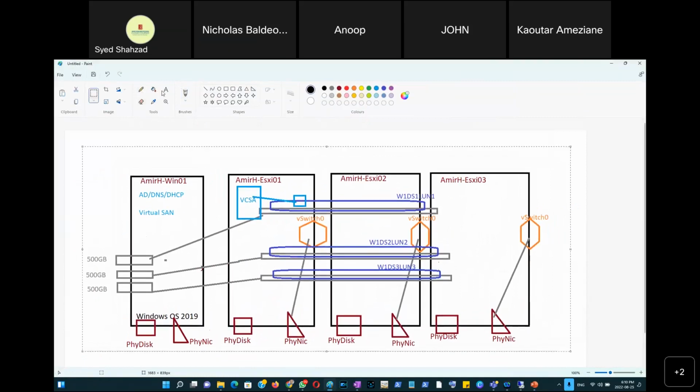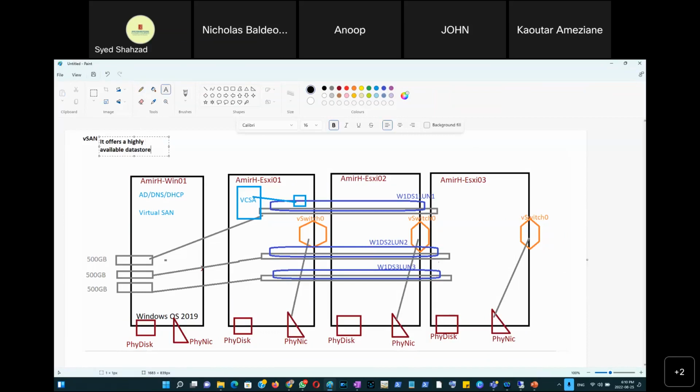Now for vSAN, the good thing is, VMware first implemented or introduced it, and then Microsoft also followed suit and tried to offer that. Now the vSAN solution is for companies that cannot afford a SAN solution because it's so expensive. But what does vSAN basically offer? It offers a highly available data store, which